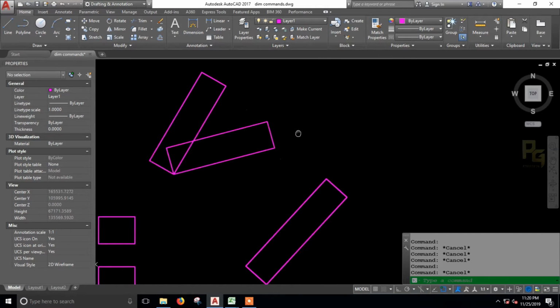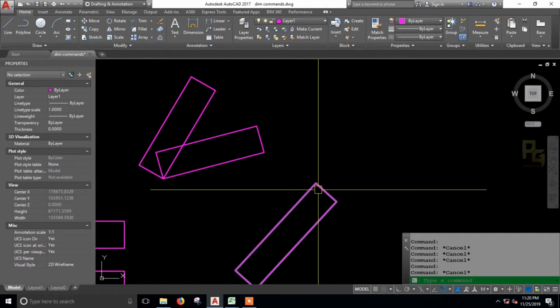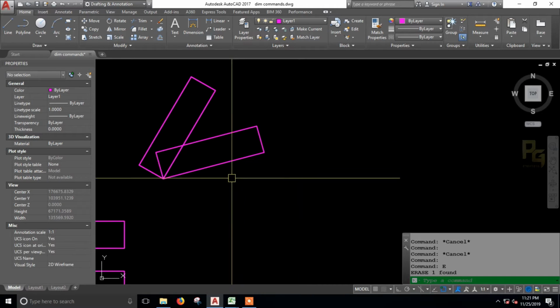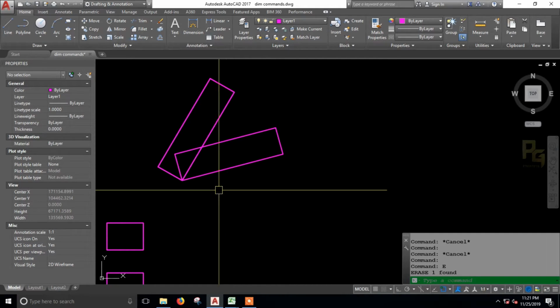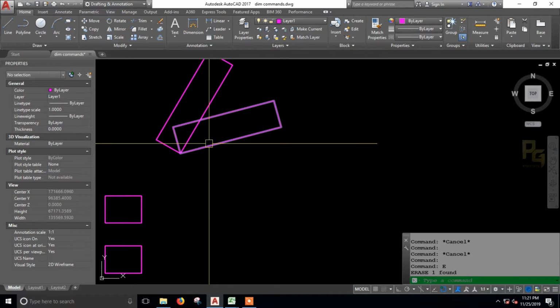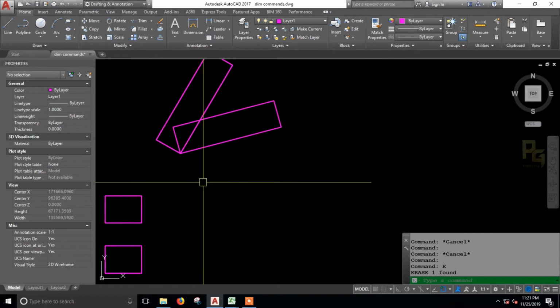Rotate with copy command. So you can create a same object and rotate it using the same command. So this one is an additional feature in our rotate command. Then the fourth one is about